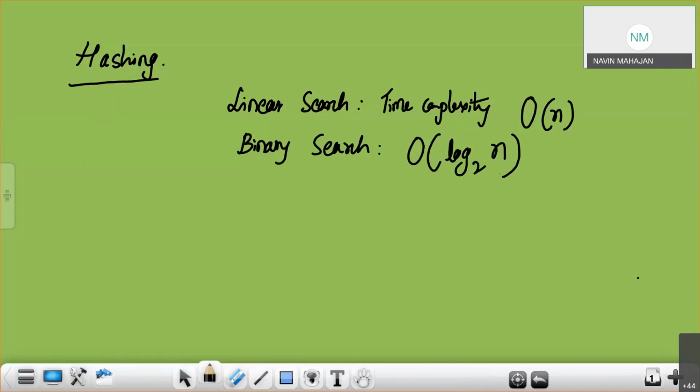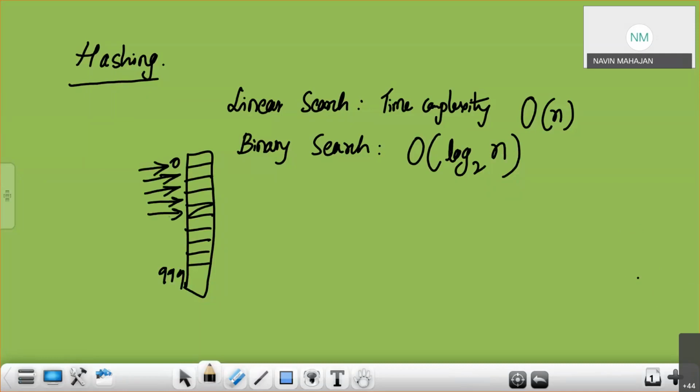Now take an example. If I have some 1000 numbers, 0 to 1000, and they are random, in linear search it checks each and every cell, and the time it takes depends on the size n.